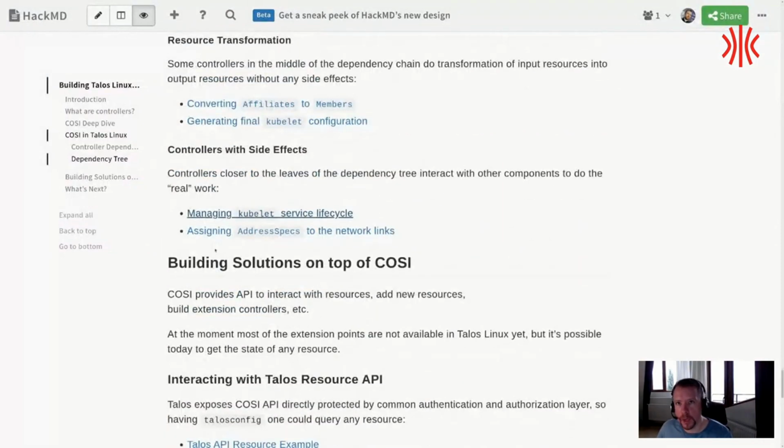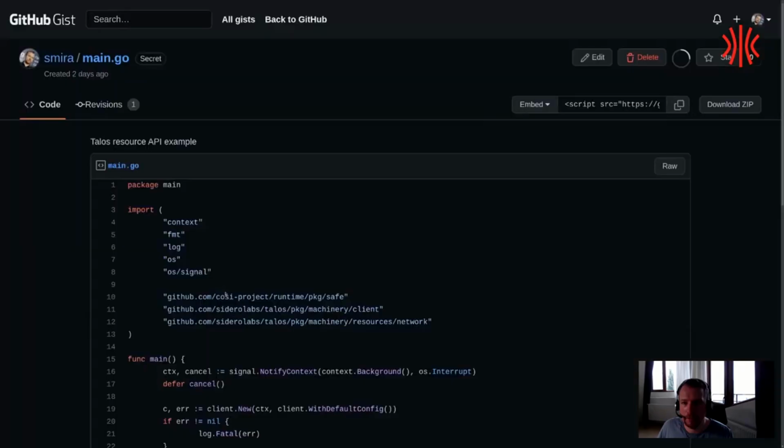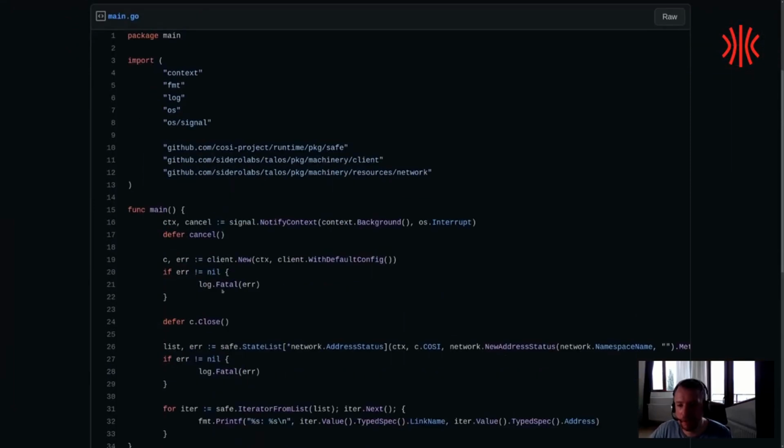What can we do with COSI as users of Talos Linux? As COSI provides an API, we can consume that API and enhance Talos. For example, if we want to look into resources in Talos, nothing can be more simple than doing that. And I have a very short example here. It's written in Go. It's using the Talos